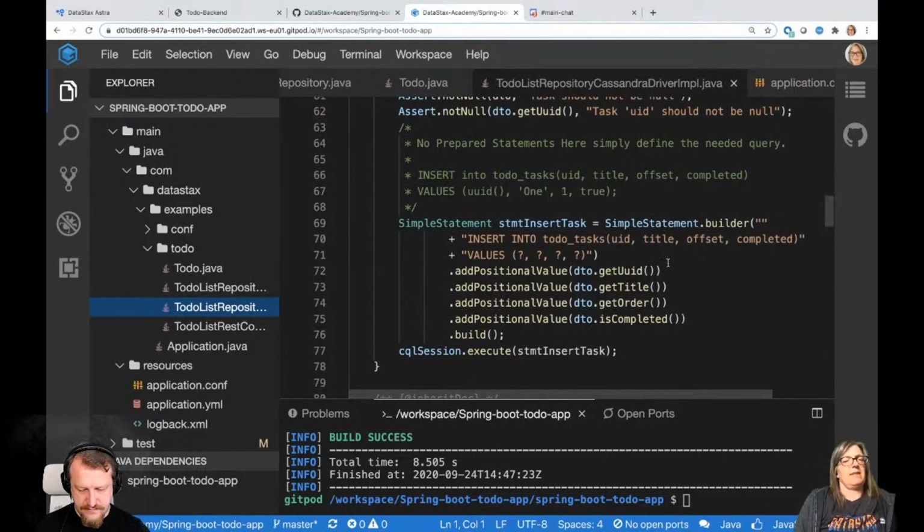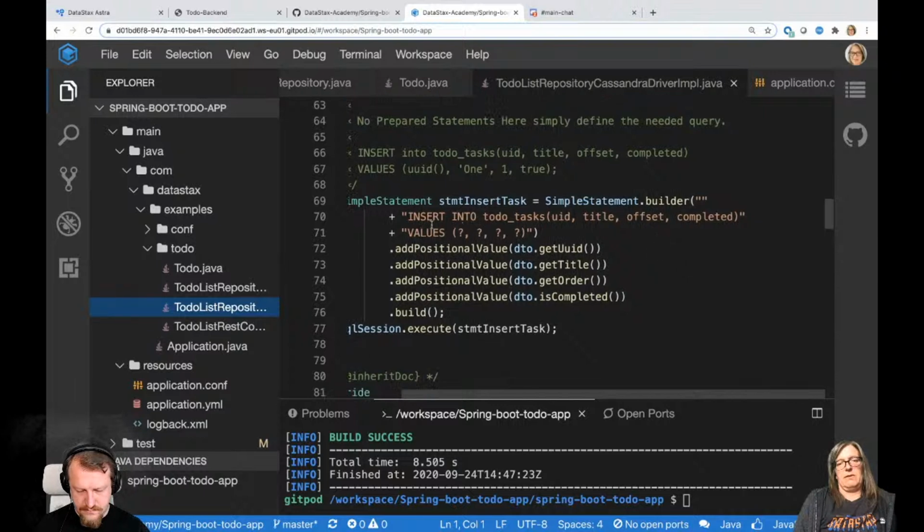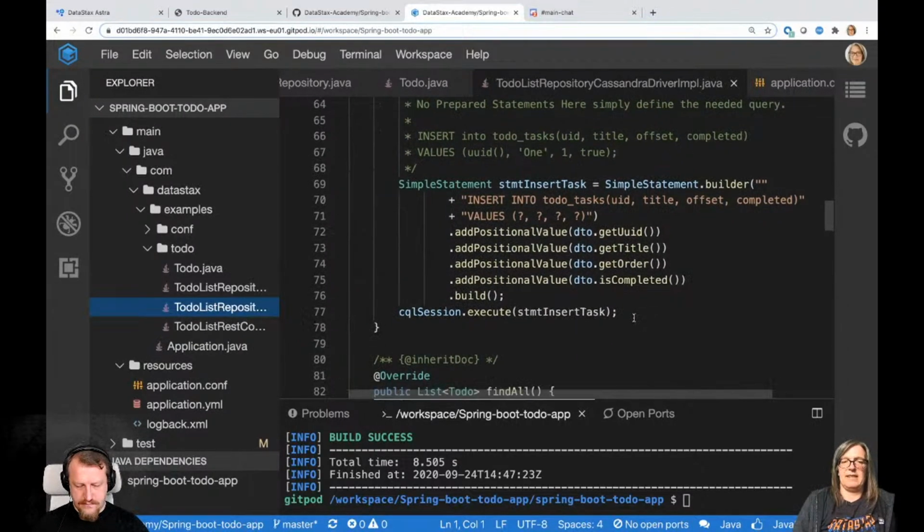And it's very similar to what we used in the test, basically. We have the insert into the to-do task, all the different column values that you want to update, and then we bind these positional values in place of those question marks in order to insert it. So that is the implementation for the upsert or insert API.